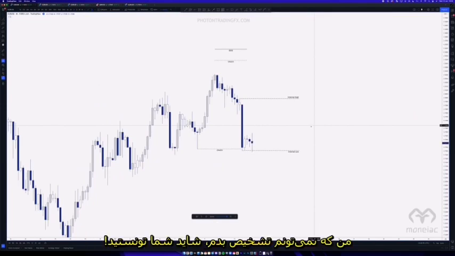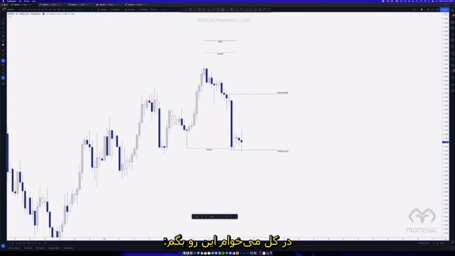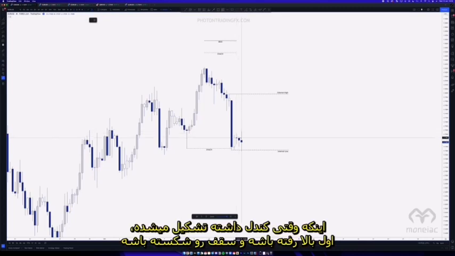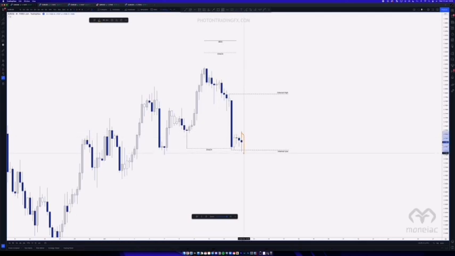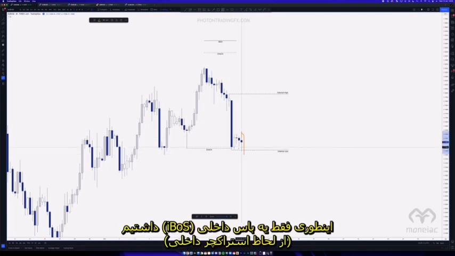See, it's impossible to tell. Maybe you guys can. I can't tell which order that happened. But basically what I'm trying to see is that when this candle was printed here, if it first moved up and broke this high, and then it came down, that would just be a